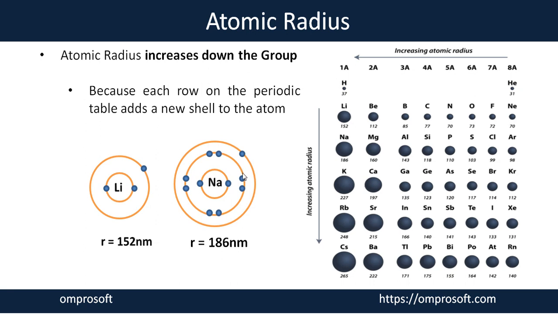So this is the main reason why, while we move down a group from top to down, the atomic radius increases: because the number of shells increases as we move down the group and the number of electrons in the outermost shell is constant along one group. Like if you consider the first group, all the elements have one electron in their outermost shell, but the number of shells increases as we move top to down. So this is the reason why atomic radius increases as we move down a group.